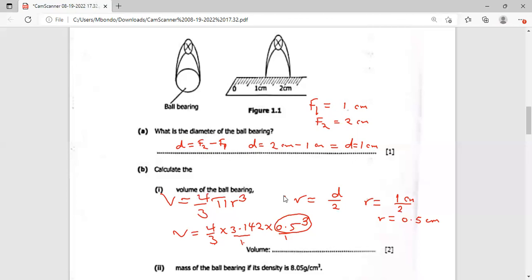Now, if you are to multiply the numerators, you are going to find the answer as 1.571. Then when you are to divide by 3, you get your answer as 0.552